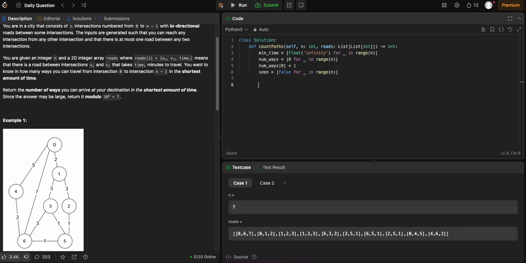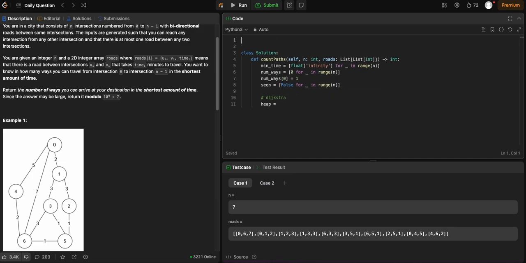Yeah, I don't think we need a function. Just do Dijkstra like this. Because we're using a heap, so we're using a min queue to keep getting the shortest time, right? So let's have a